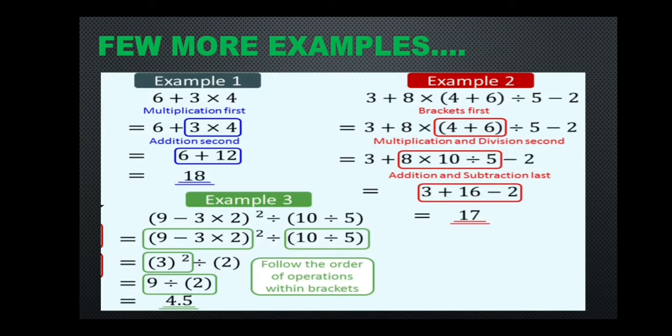In the correct method, we use the expression from DMAS, top to bottom. Okay. Now let's have some more basic examples. 6 plus 3 multiply by 5. Again multiplication first. We will solve it and then we will add. So 3 fours are 12. 12 plus 6 is 18.